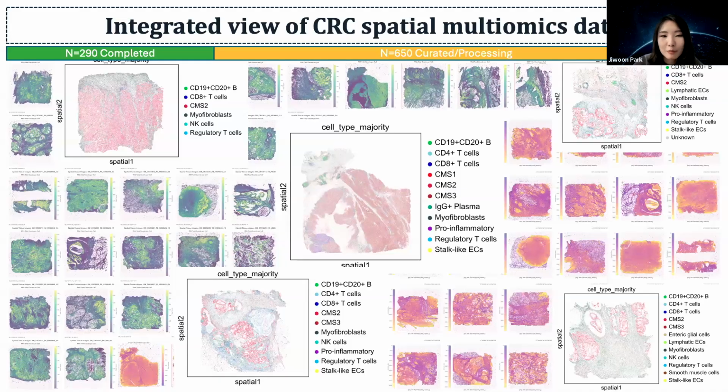And although we recently started this project, this is some of the snapshots of the data set that we have generated so far. So far, we've done around 300 samples. And as we're speaking, we're actively sectioning and generating more data. But even with a 350-plex panel, or around 350 plex features,